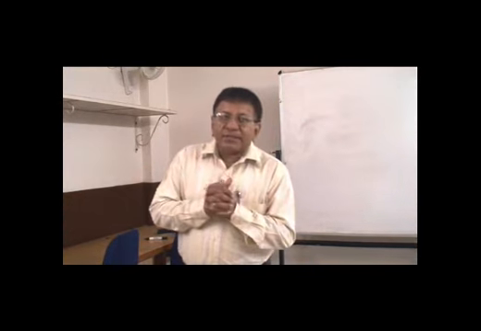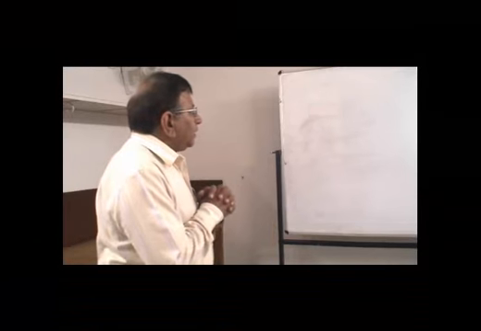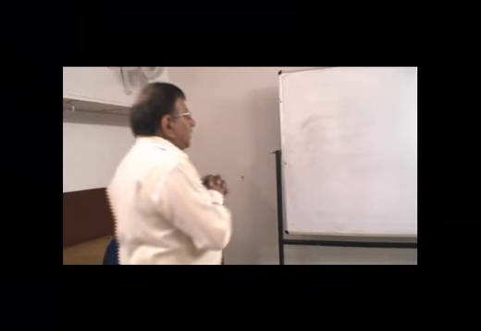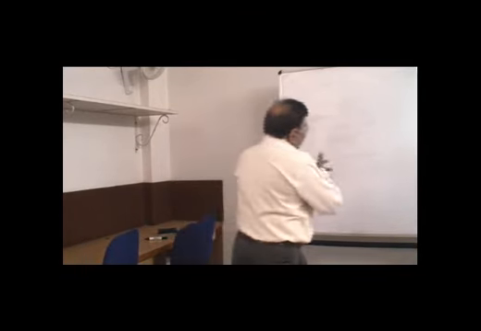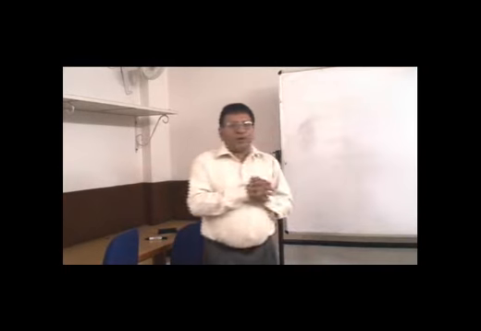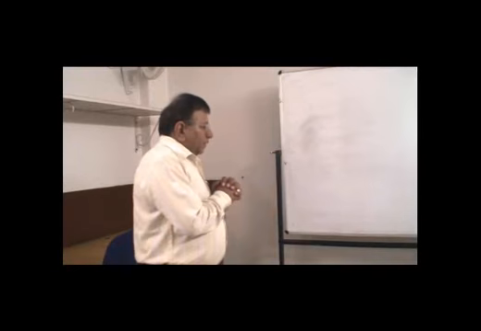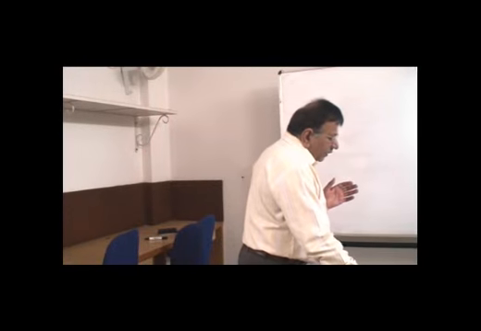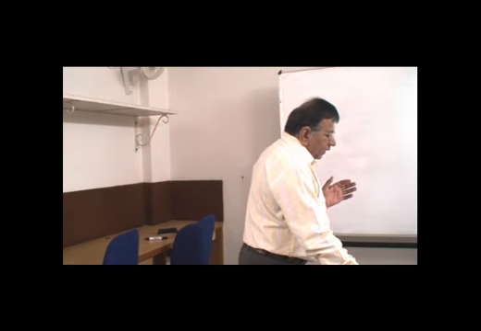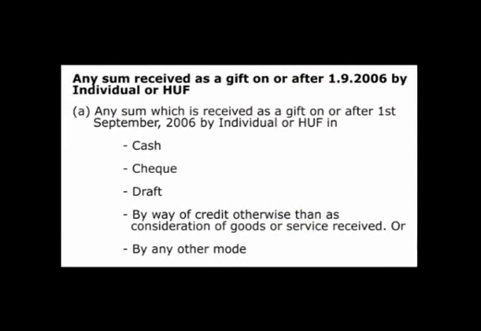If the employee receives the amount under the Keyman Insurance Policy, then it would be taxable as salary, meaning a profit in lieu of salary, and it would be taxable under section 17. The next type of income is the amount which is received as a gift on or after 1st September